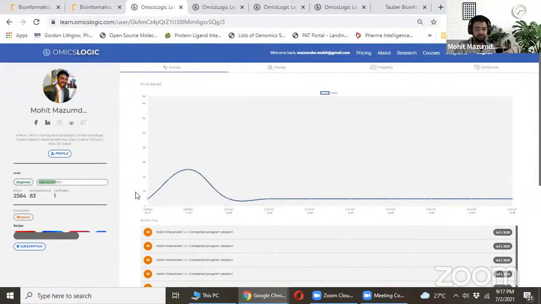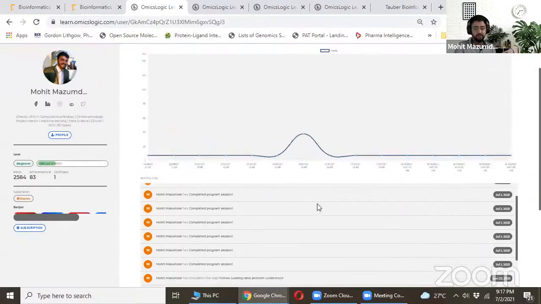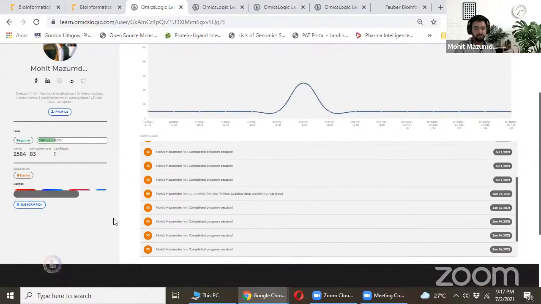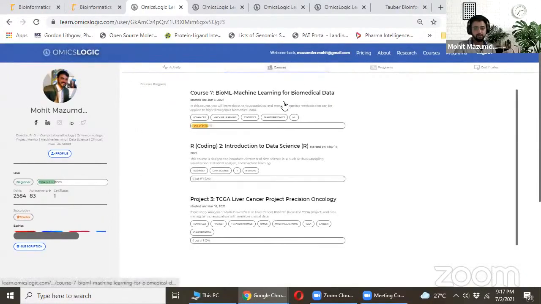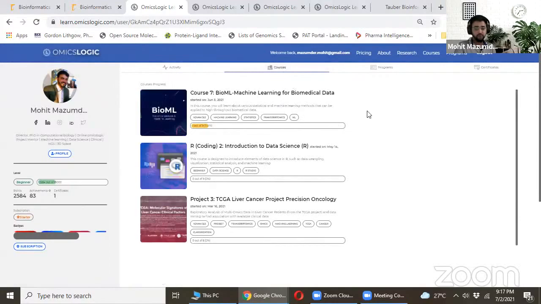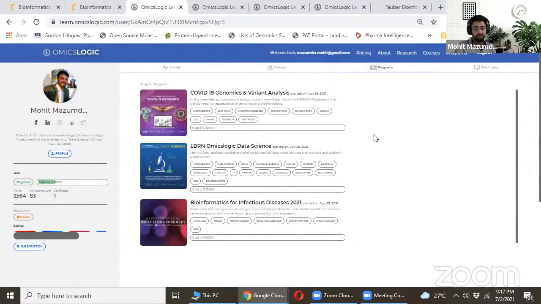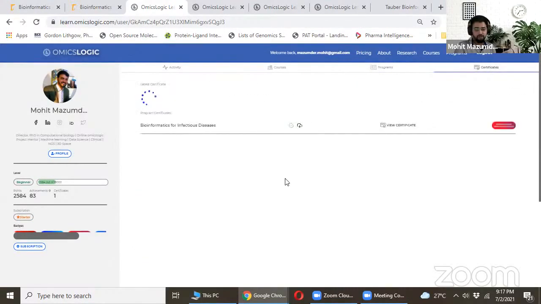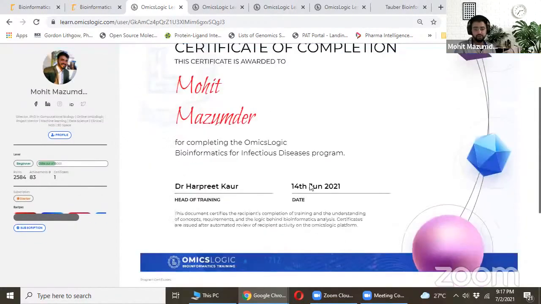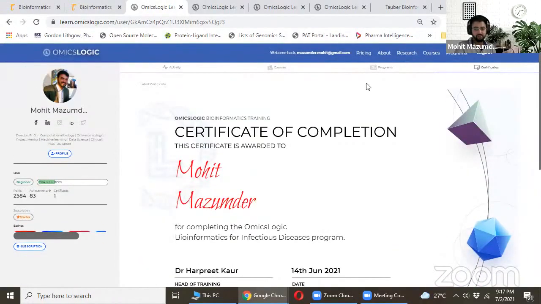So one of the benefits of having a profile is that you will be able to see your progress: how many courses you have finished, how many programs you are enrolled in, what courses I'm doing, what programs I'm interested in going through, and the certifications that I've gained from taking these courses or completing the programs. So all of this you will get from this profile once you create a free profile here